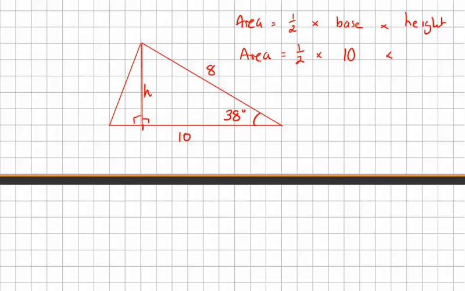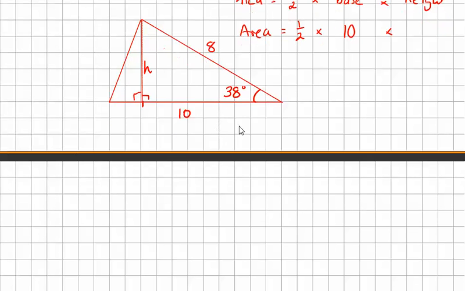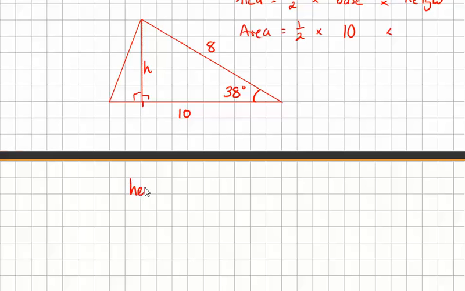So what is the height? How do we work it out? Use SOH CAH TOA. Yeah, so SOH CAH TOA. Let's just go through the motions. SOH CAH TOA. So theta, opposite, adjacent, hypotenuse. What do we know? Theta is 38. The opposite side is h. The adjacent side is